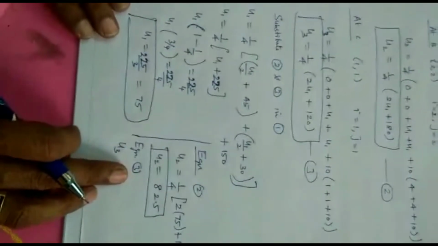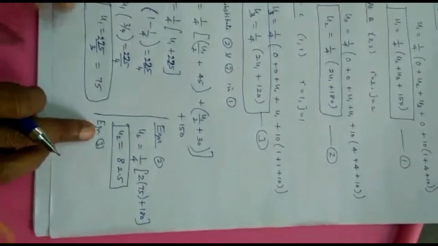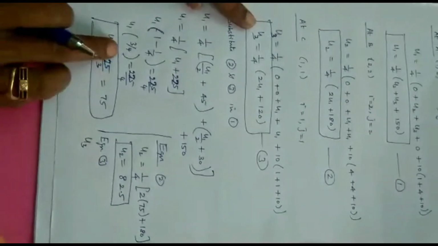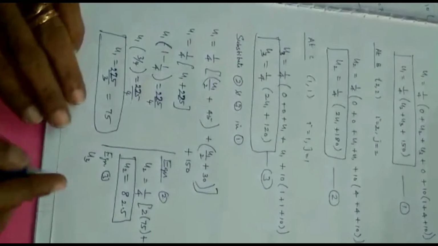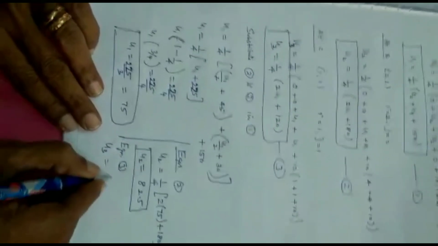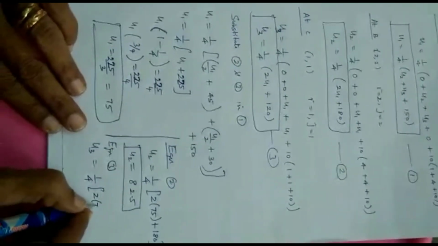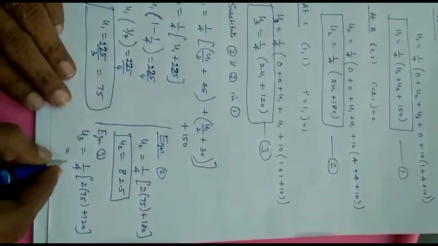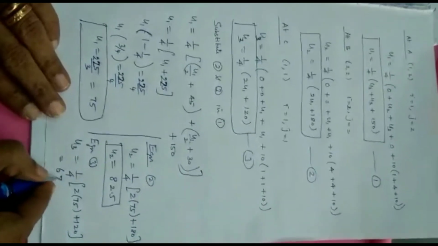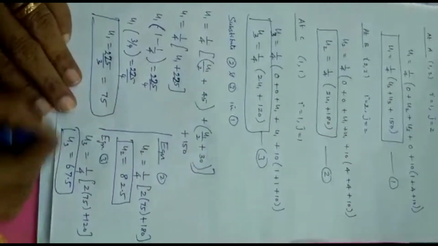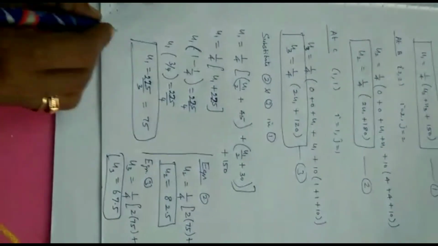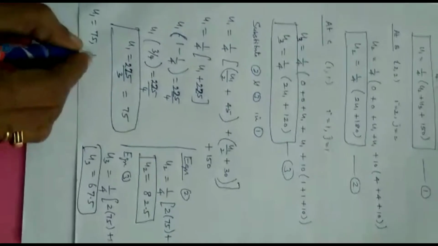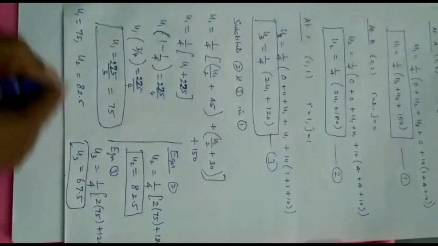With reference to this diagram, now I am going to write the finite difference equation. Equation 3. So we know how to arrive at u2. Now take equation 3. Why? Because I want to find out u3. I know u1 and u2. Let us find out u3 also. So from equation 3, u3 is 1/4 of 2u1, where u1 is 75, plus 120. So you'll get this value as roughly 67.5. Now you check with the calculator, and therefore the final answer: u1 is 75, u2 is 82.5, and u3